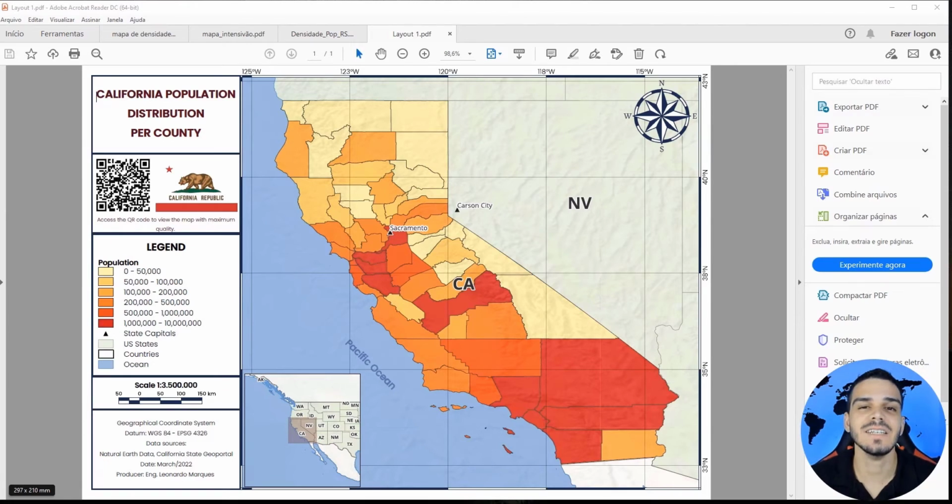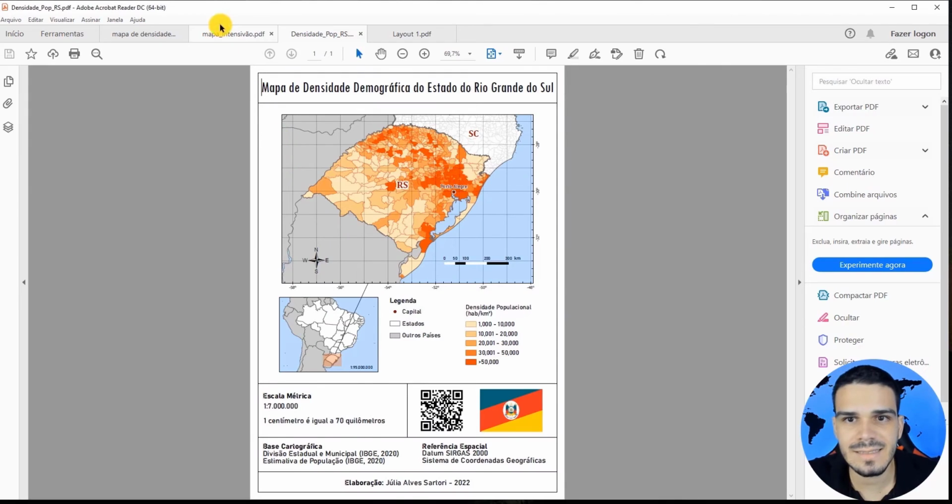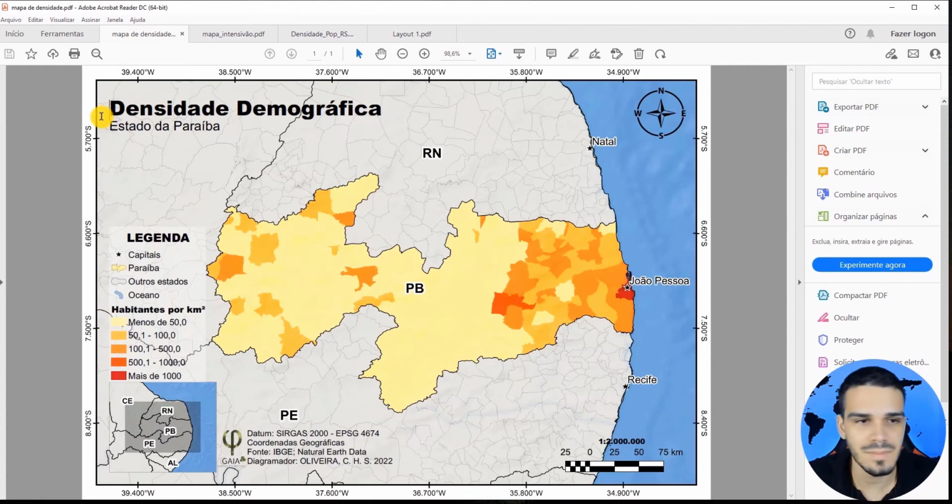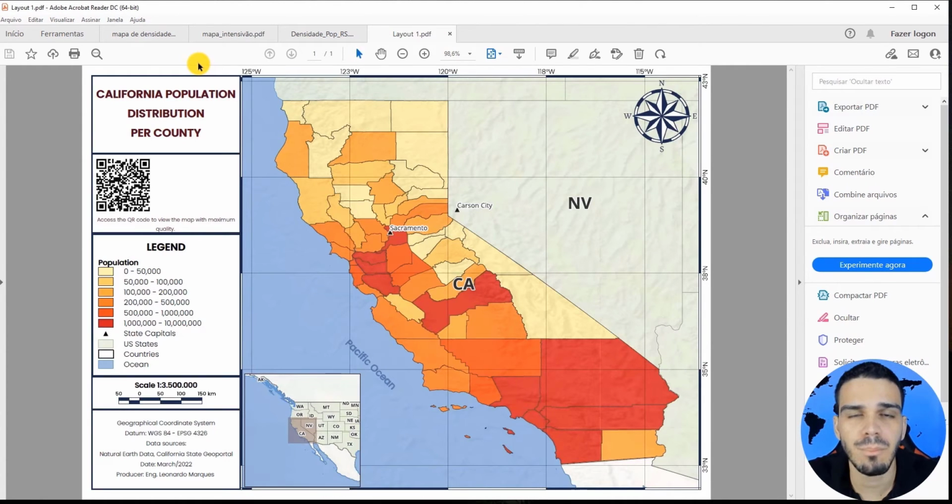Hey guys, in this video I will show you how to produce population distribution or population density maps just like this one, or like this, and this one. We will learn more than 50 operations in QGIS, which you can use to produce many other maps. And I assure you that you will be able to produce this exact map by the end of